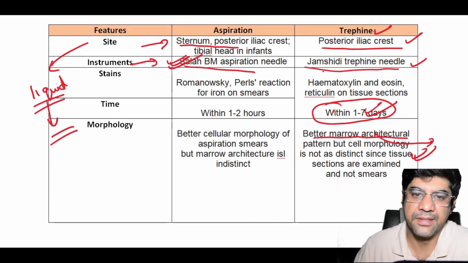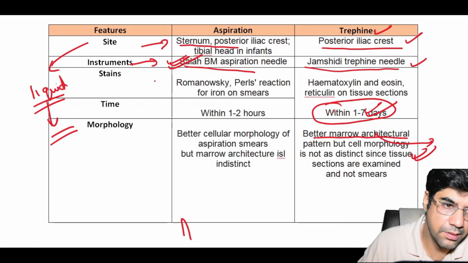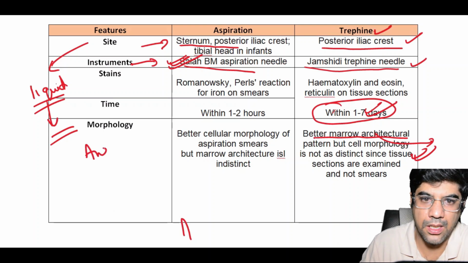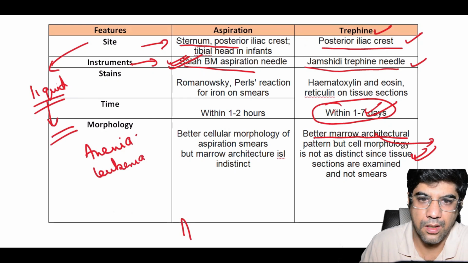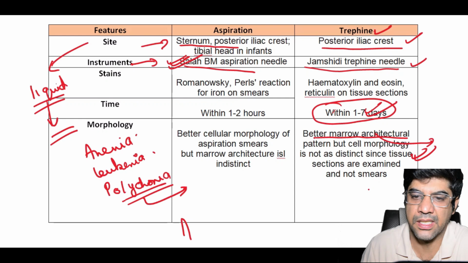Aspiration biopsy, remember, is indicated for conditions like anemia, leukemia, polycythemia, right? Whereas the trephine biopsy is indicated in cases where additional information is needed, such as in case of